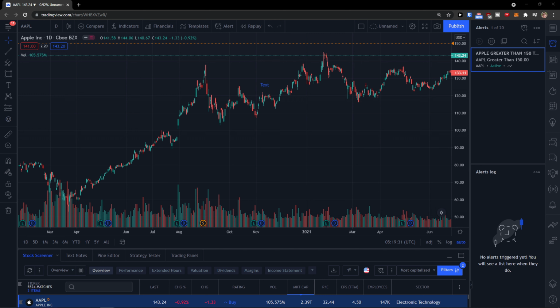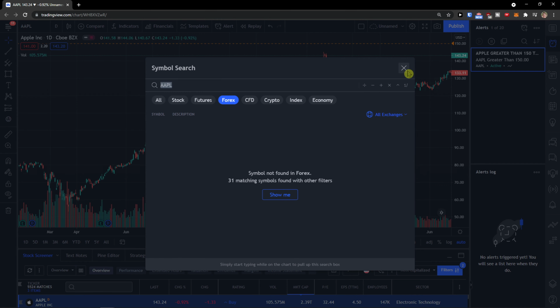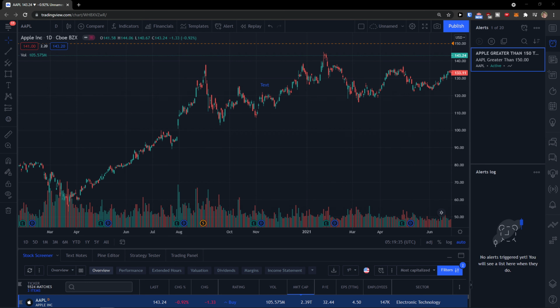In this video I will show you a simple way how you can easily delete an alert in the TradingView platform. So when you're in TradingView, what you can do is simply go on the right side